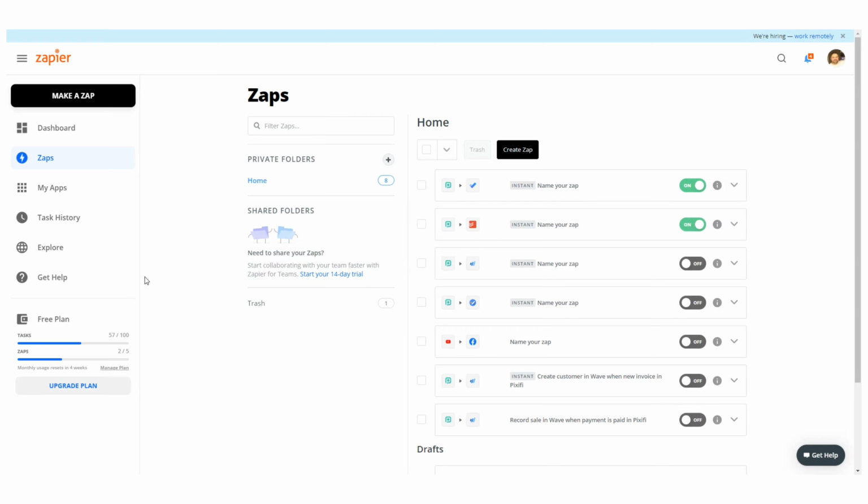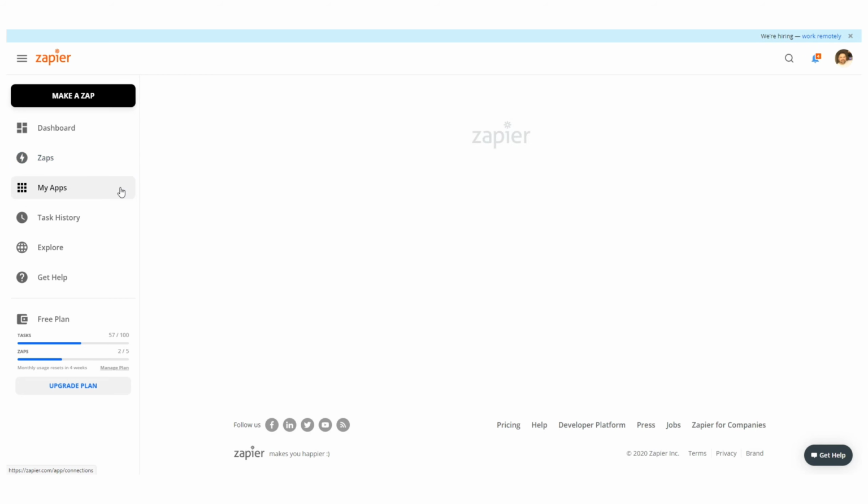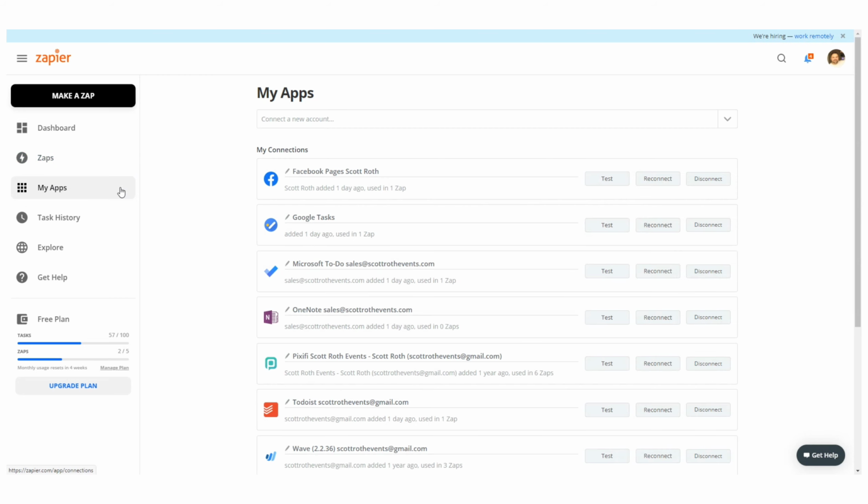And I've already created some of these apps, but what you would do is first you want to connect the apps that you're going to be linking together. So in your My Apps, you would just search, connect new accounts. So we're going to do Google Tasks. That's one of the platforms that I use as far as my to-do list. So we're going to test it out with Google Tasks, and we're going to connect it with the Pixify over